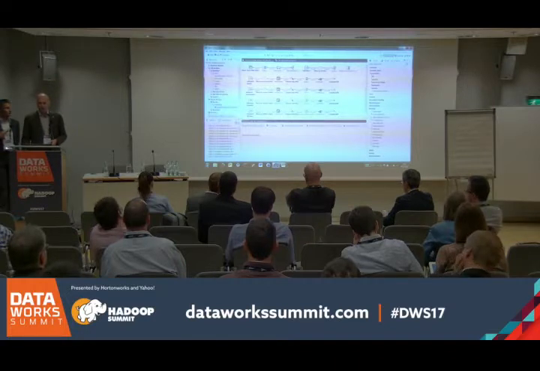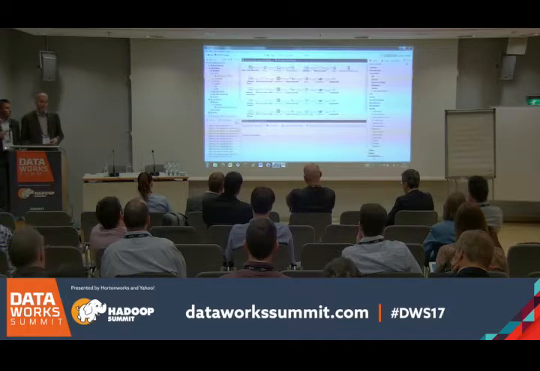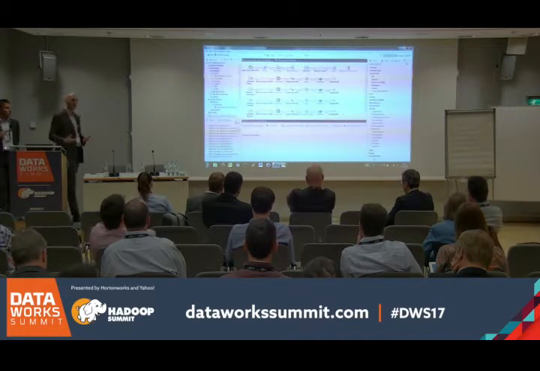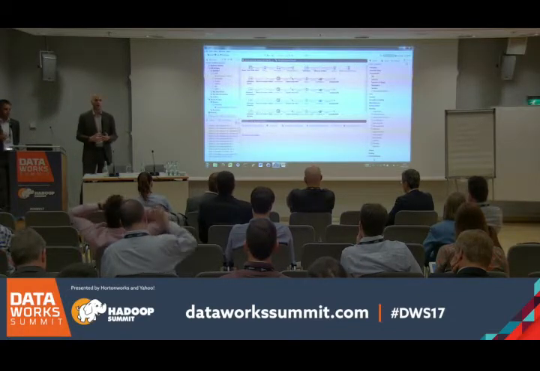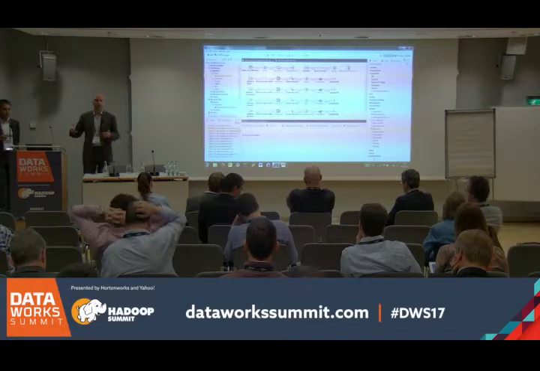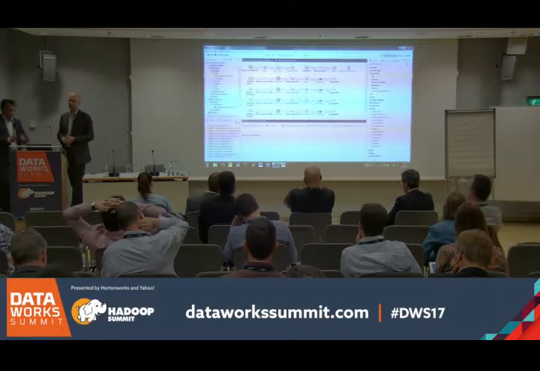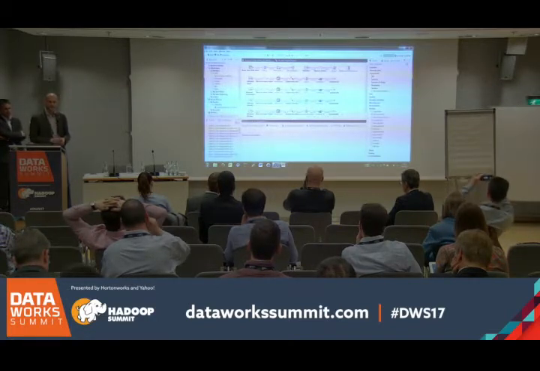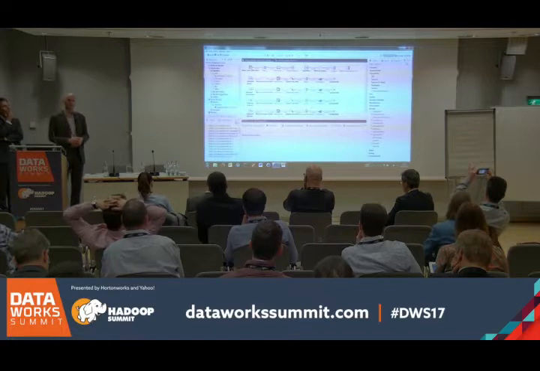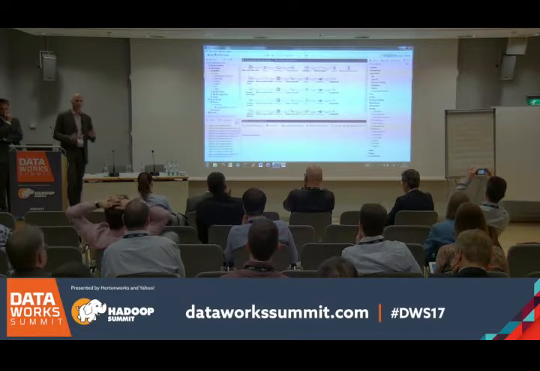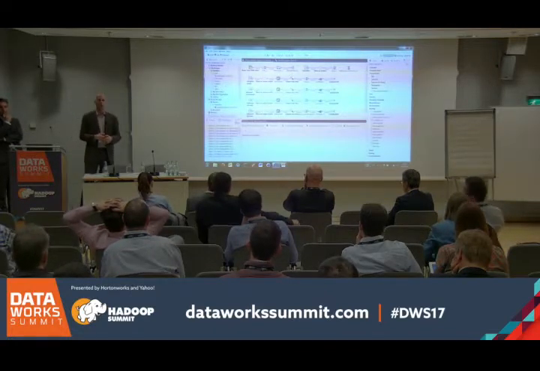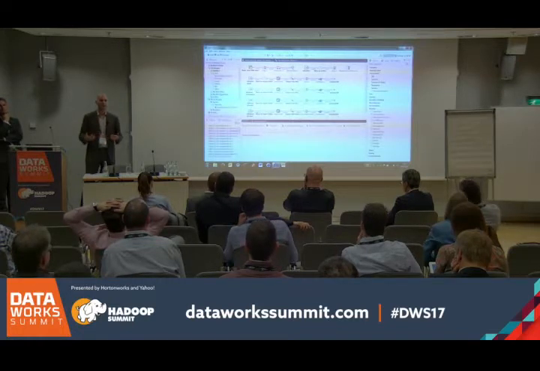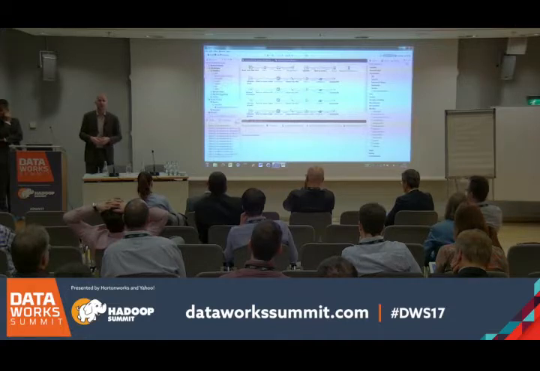And so just to pick a few things here on the right-hand side, you see the palette. The palette is where all your development components are. There are over 900 in there, and you can just drag and drop them onto the design canvas. Here on the left-hand side, you see the repository. The repository is where you store all your development artifacts, and that's something that you need to collaborate with your coworkers, right?